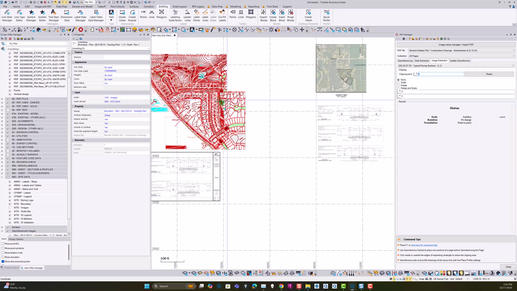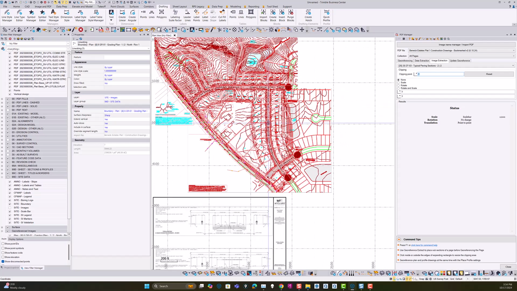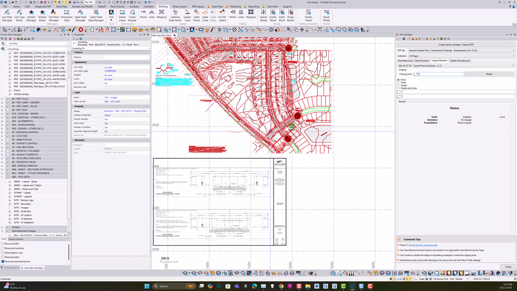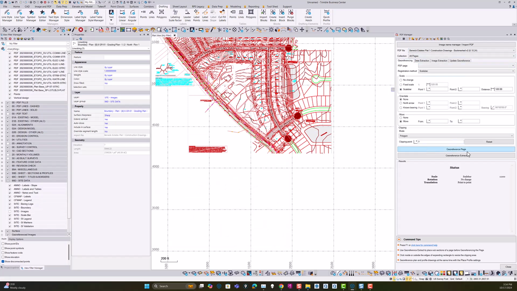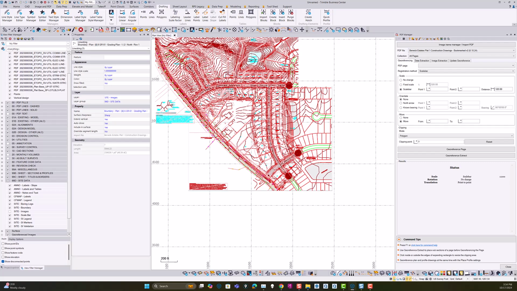The other thing that this allows us to do is if you get a sort of typical detail that might have a cul-de-sac detail or an intersection detail, and maybe you've got 2 or 3 details on the same sheet and you want to georeference those little pieces off the same sheet into here, this allows you to do, when we're doing the georeferencing, it allows us to georeference the whole page or georeference individual extracts, and then you can pick out a polygon boundary around each of the extracts and then place and rotate those little extracts at different scales into position over the top of the original plans and use those to supplement the detail in the